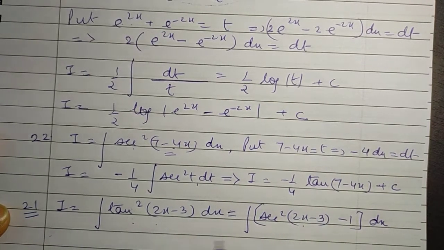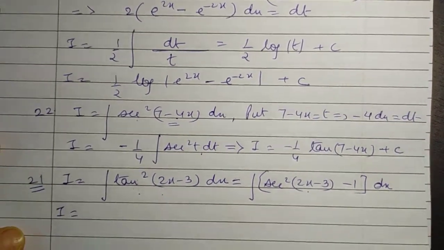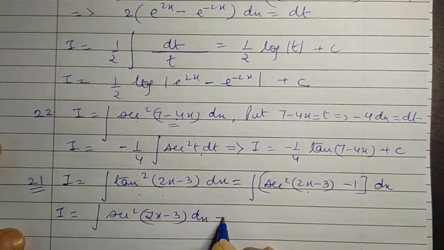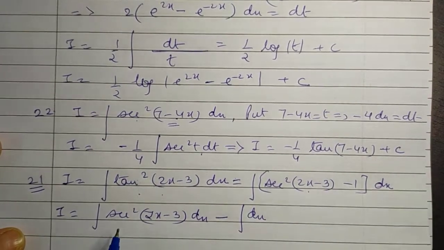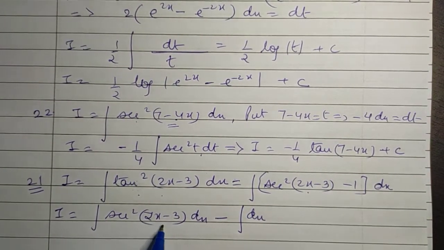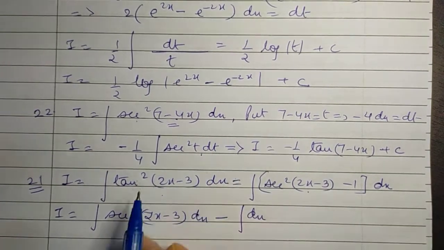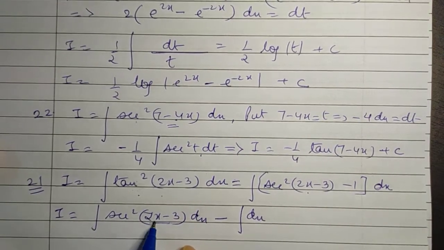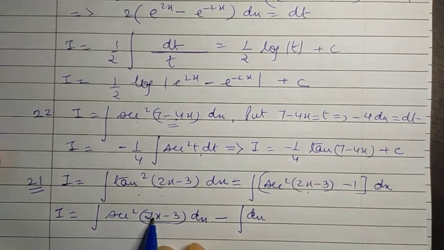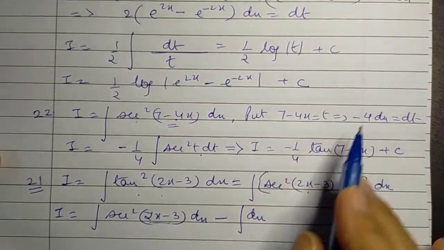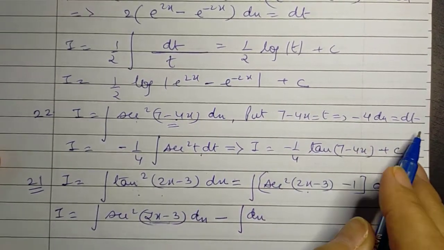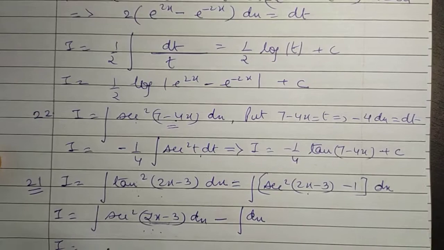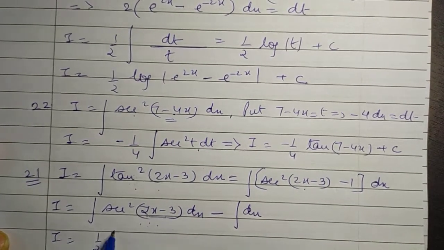So we get here I is equal to integral of sec squared (2x minus 3) dx minus integral of dx. This we will be doing by substitution, just like this. So here when you put 2x minus 3 as t, you will get the answer exactly in this form, but here the derivative of 2x minus 3 is plus 2, so 2 dx equal to dt, and so we get the result for this as, you can try it out, it will be half of tan